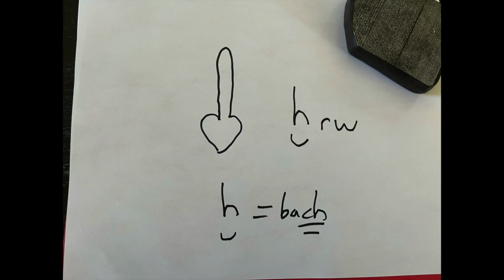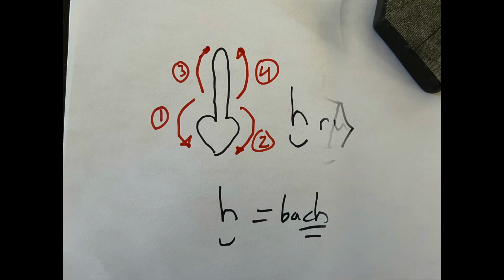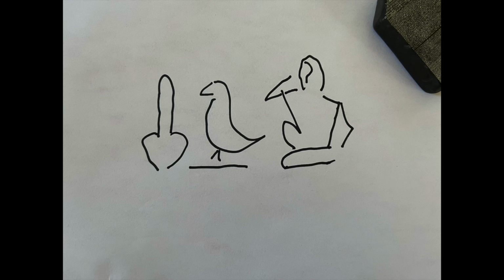All right. The next glyph is haru. Again, the Bach, the ch of the H. Haru. This is an oar, like on a boat. So this is going to be drawn with two sets of curved lines with 3 and 4 connecting at the top. And here we have haru with the glyph of the man pointing towards his mouth, which indicates it's something